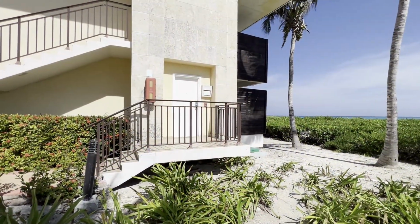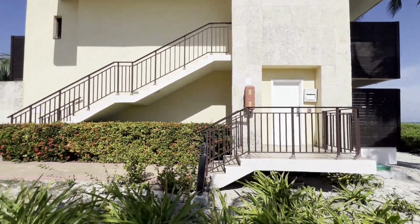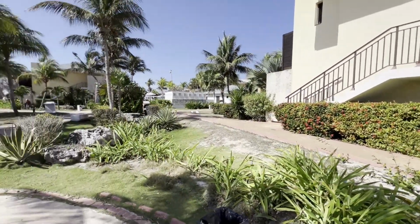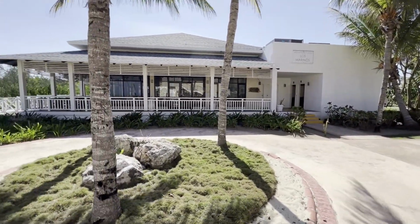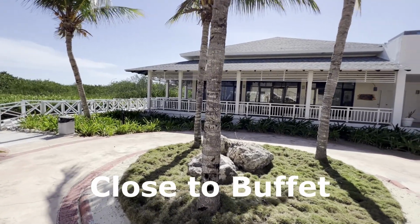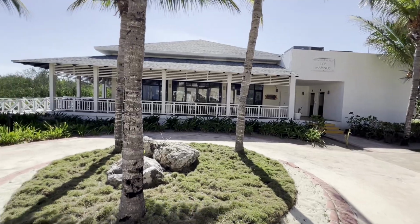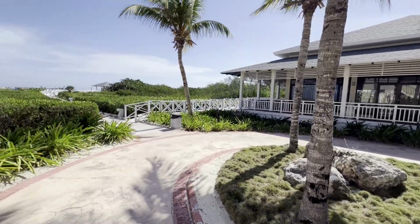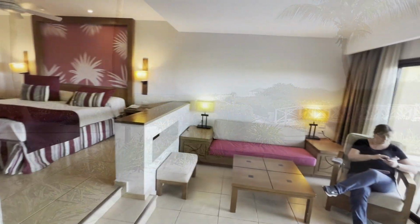Just off to the right is the patio. You can see stairs going up to the upstairs room. We have the downstairs room. And just right across the walkway here is the main restaurant, and that's for breakfast and lunch. Dinner is closer to the main area where the lobby and the pool is and all that. And there's a boardwalk down to the